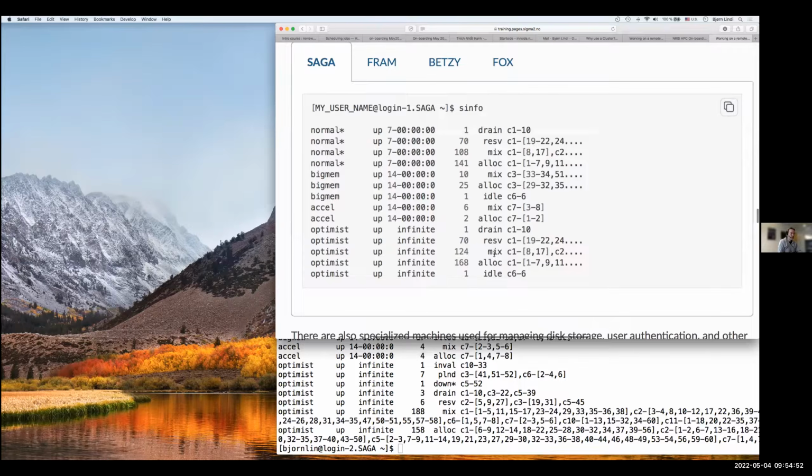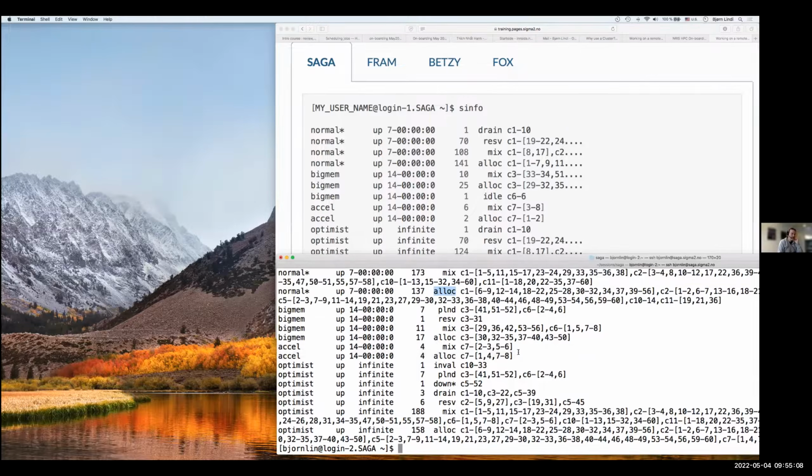If we look at the output from sinfo on the web page, there we see that some are idle, and these are then available for batch jobs. But from the output in my terminal, none are idle. So the whole system is allocated. The whole cluster is presently being used.